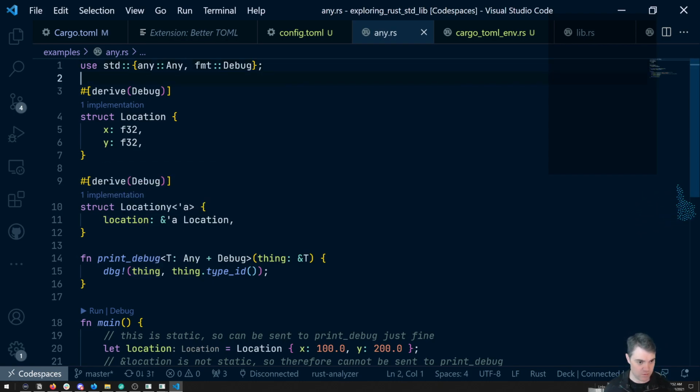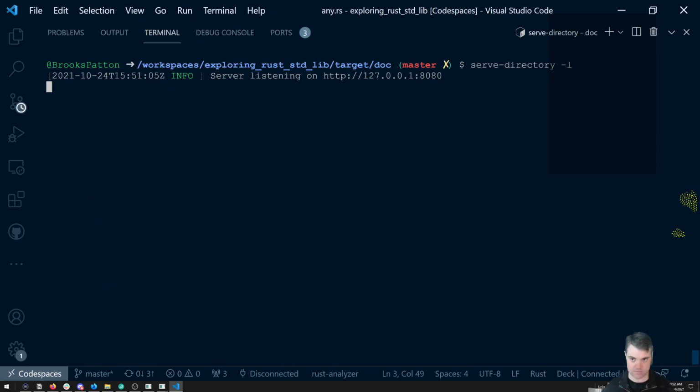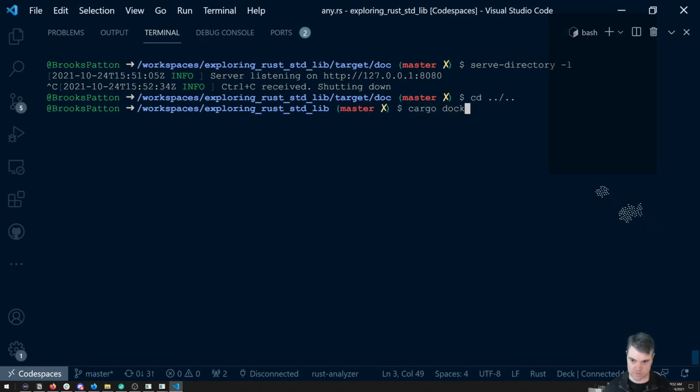So here, we have this struct location. Can I do something like, so location that will location struct for displaying where we are. If I do them all again,